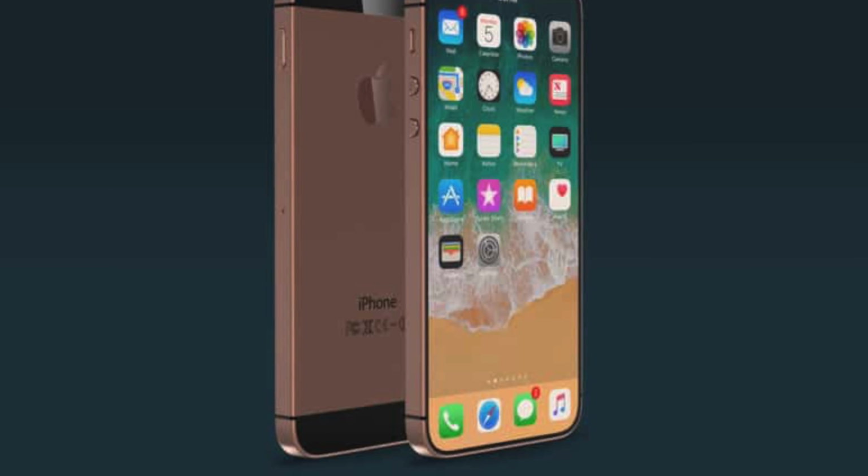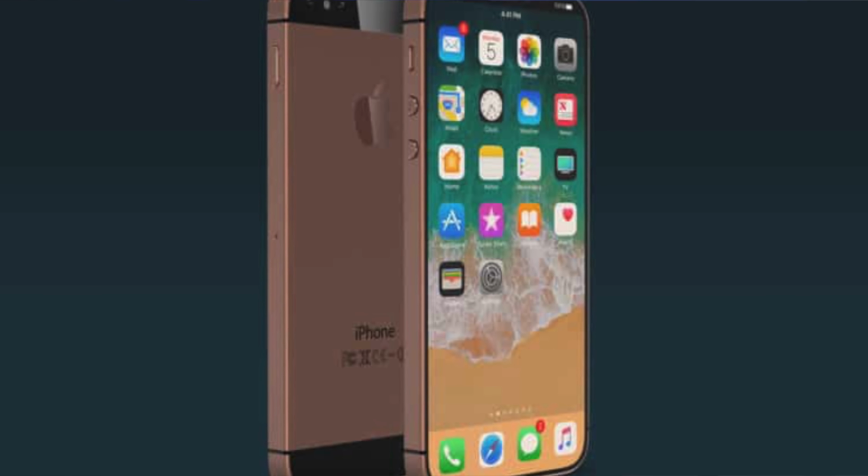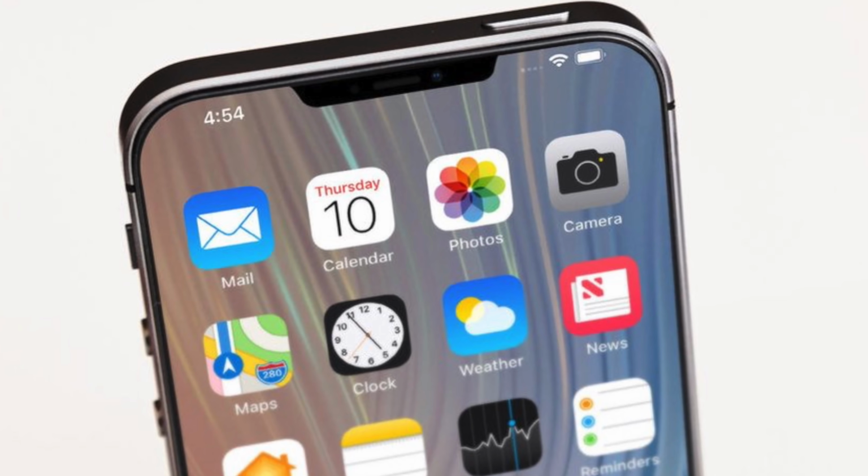I'm well aware this is not a very exciting or even demanded iPhone that people want. There's a ton of iPhone SE fans out there that a lot of people are hoping Apple would update or refresh and make more modern. We've seen dozens of concepts of Apple making a new, refreshed version of the SE, but I think if you